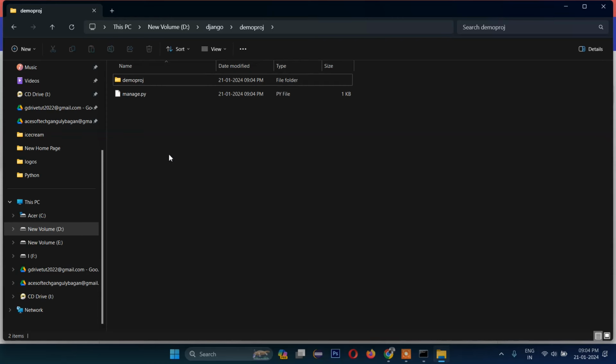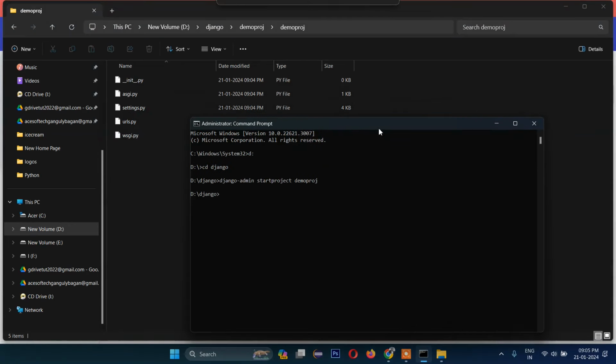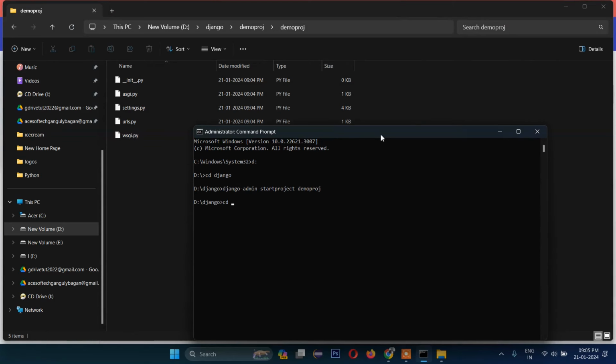So as soon as you create any project, one app also gets created automatically, and that is this one. Inside this app you can see there are a lot of files which we will discuss later. So after creating it, we will go inside that project, cd demo proj. Now python manage.py